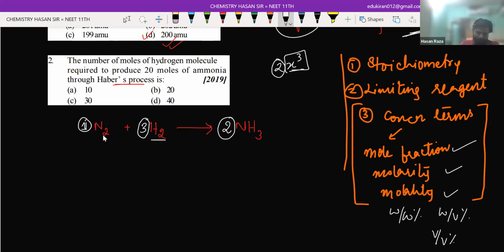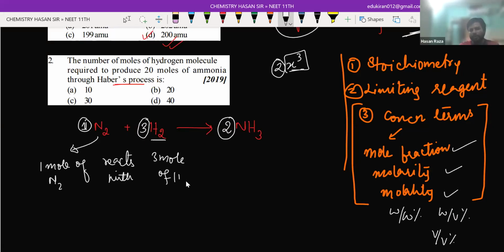Are you getting my point? Yes, sir. Now see how we say it. Basically, in terms of mole, you know that nitrogen is reacting with hydrogen. But this stoichiometric coefficient tells us about the moles. So this means 1 mole of N2 reacts with 3 mole of hydrogen,